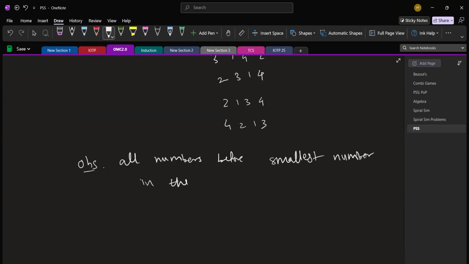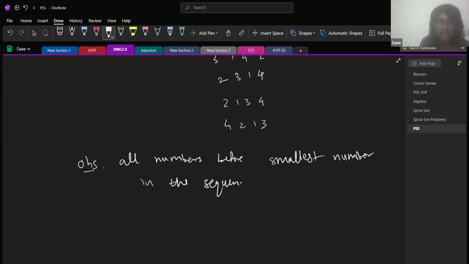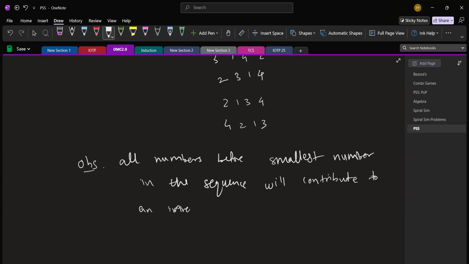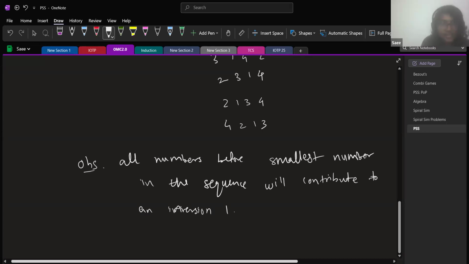Okay. But one is the smallest number. Yes. But I just want to say it this way because I want to think generally. Good. Means all numbers before the smallest will contribute to an inversion with one. Wait, so can we just ignore one after that? I don't know. Wait, and also another thing you said is for n it's the exact opposite, right? Yes. For the largest number, all numbers after it